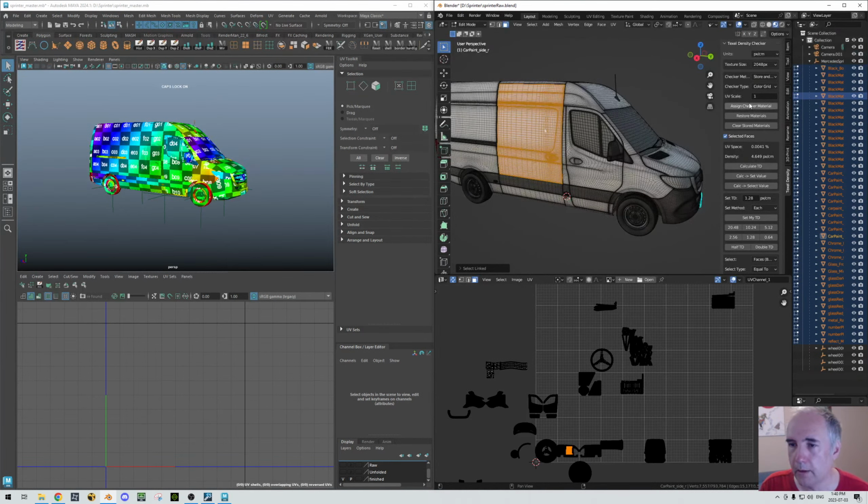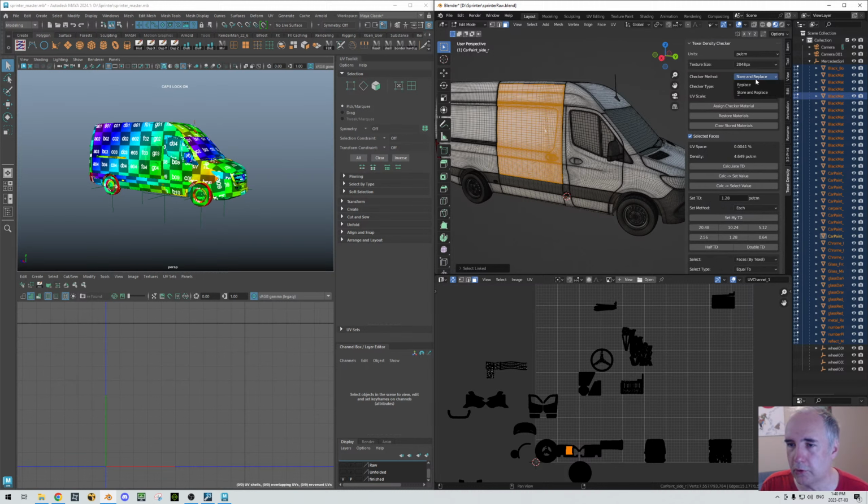Now, when you do it, you have two options here. You can do store and replace or replace. I want to do store and replace because this is just a temporary texture, because later I want to go back to the shader that was there before. So I'm just going to use store and replace. So I assign this shader here. And I should see,